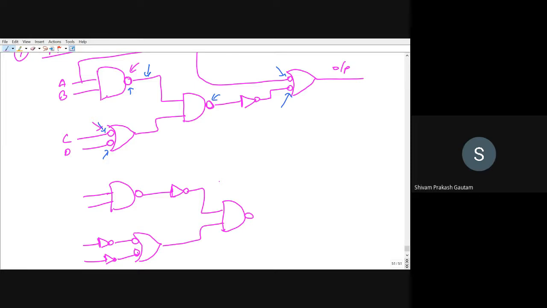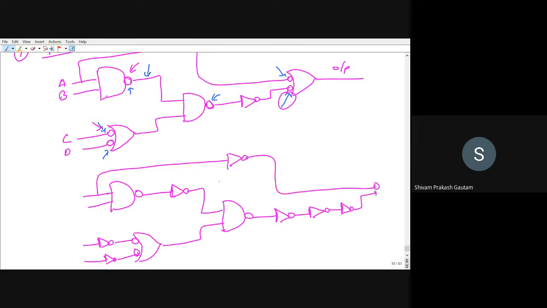No inverter will be added here. One inverter will be added here due to the symbol on the AND gate. One inverter is already there, and one inverter more will be required because of this bubble, right? And this is flowing through here, and one inverter has to be added here, and then it is flowing through this. So this bubble is there and the OR gate is there.